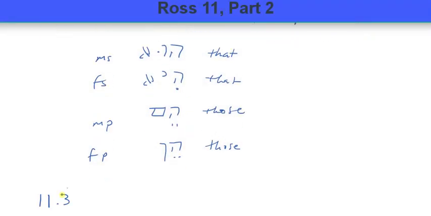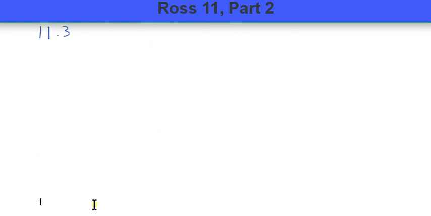Okay, so I have 11.3. Let's talk about what this is. This is basically the use of the demonstratives. We'll just call them the demons, okay? Uses of demonstratives, where we can distinguish between demonstrative pronoun